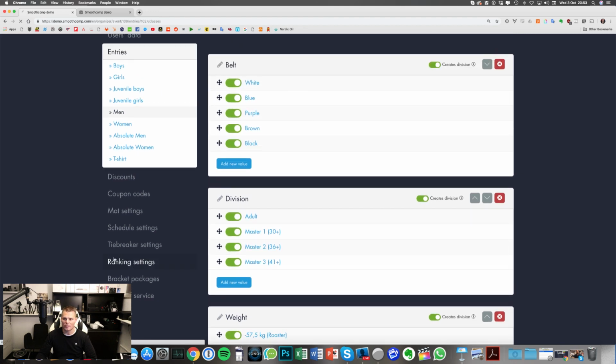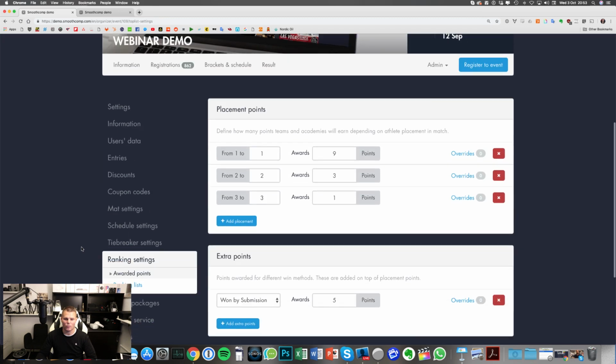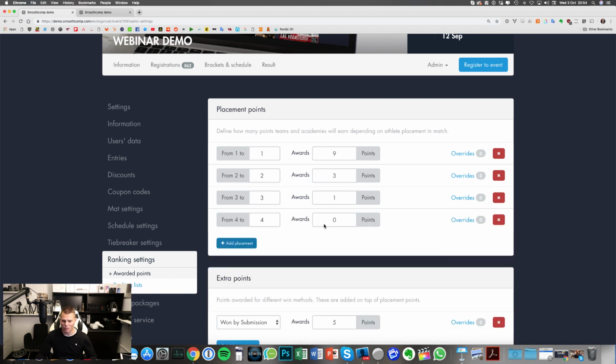Going back to the ranking settings, there's also a way to give points for the different medals. So in this example, we have placement points that gives a gold medal 9 points, a silver 3 points, and a bronze 1 point. And I could keep adding placement points here. So let's say that I have it a little bit differently, maybe like this.